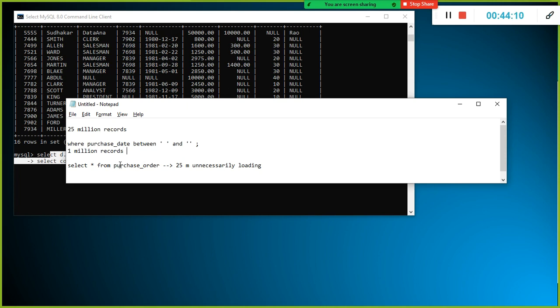Is it wise to load 1 million records or 25 million records? It is always wise to load the 1 million records, because for our analysis we require only those.